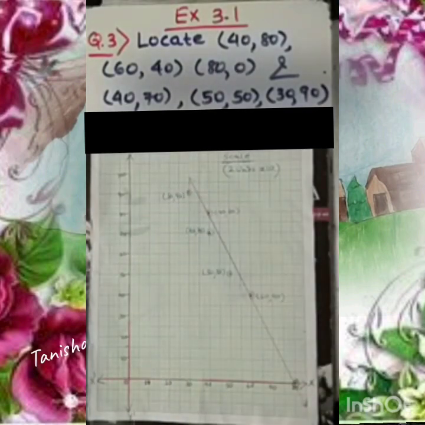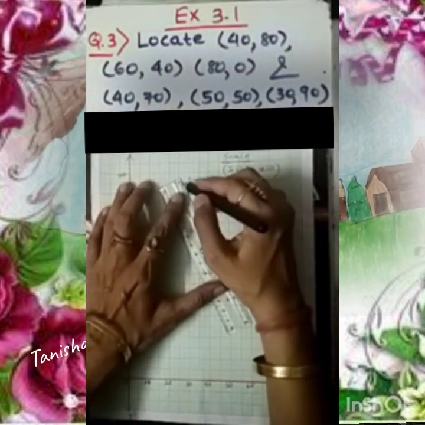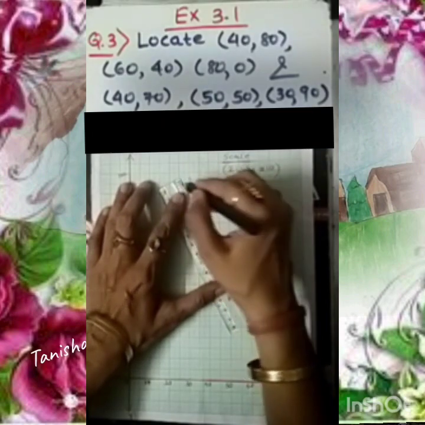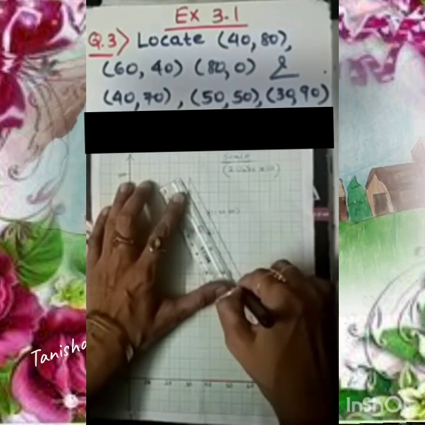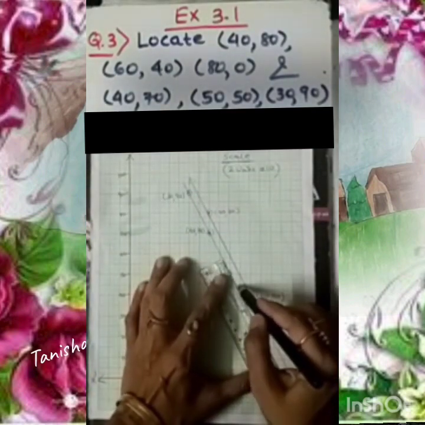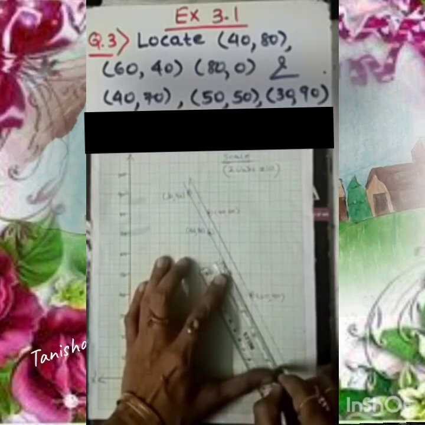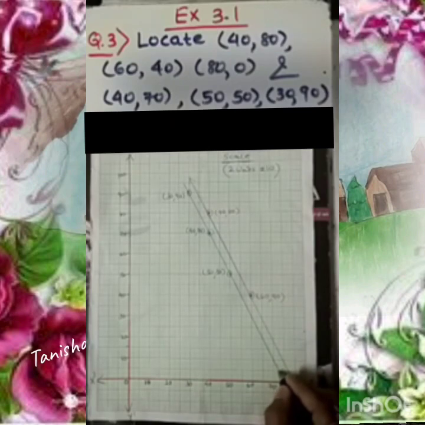Fine. Now what to do? Let's join all these lines. Okay, if I join this line, then which type of line we will have? Let's see. I am using colorful pen so that it will be quite visible for you. See, these 3 points lie here in the straight line that is coming, and if I extend this line, we can see it is clearly visible. The lines are parallel to each other.